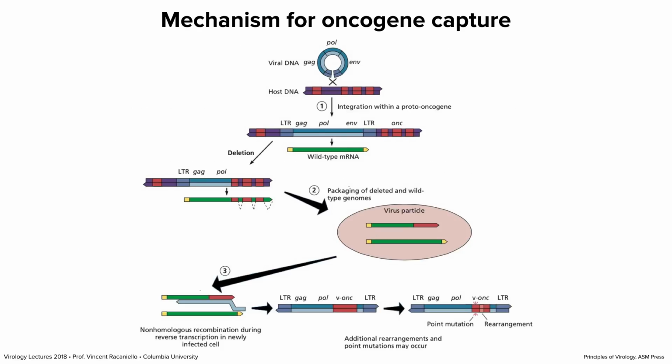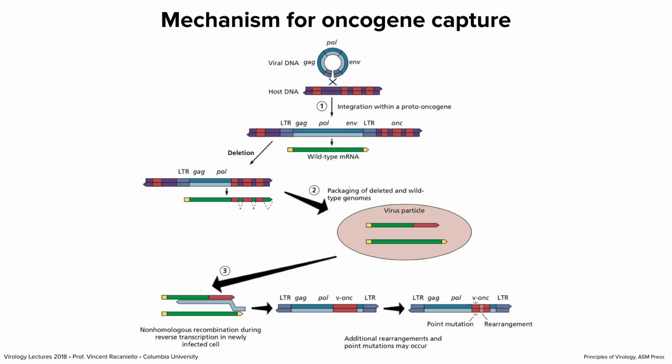Here's a model for how this oncogene capture happens. It's theoretical. There's some support for it, but I just want to show it to you because you may be thinking, how does this happen? How does the virus capture an oncogene? So here we have the viral double-stranded DNA made by reverse transcription. It goes in the nucleus and it integrates into host DNA. We've seen all this before, two LTRs, gag-pol envelope, and that is then transcribed by host polymerase